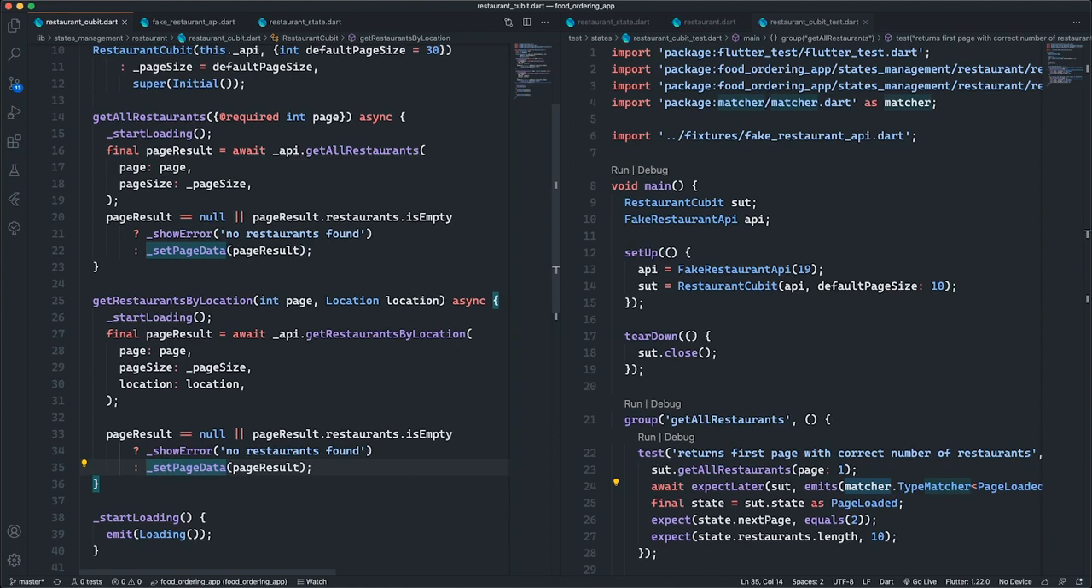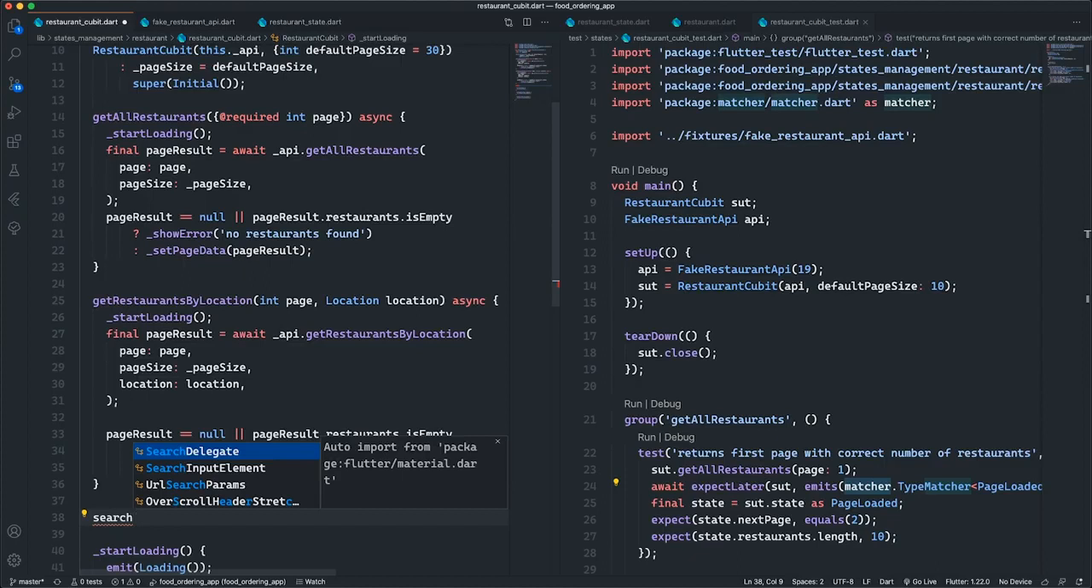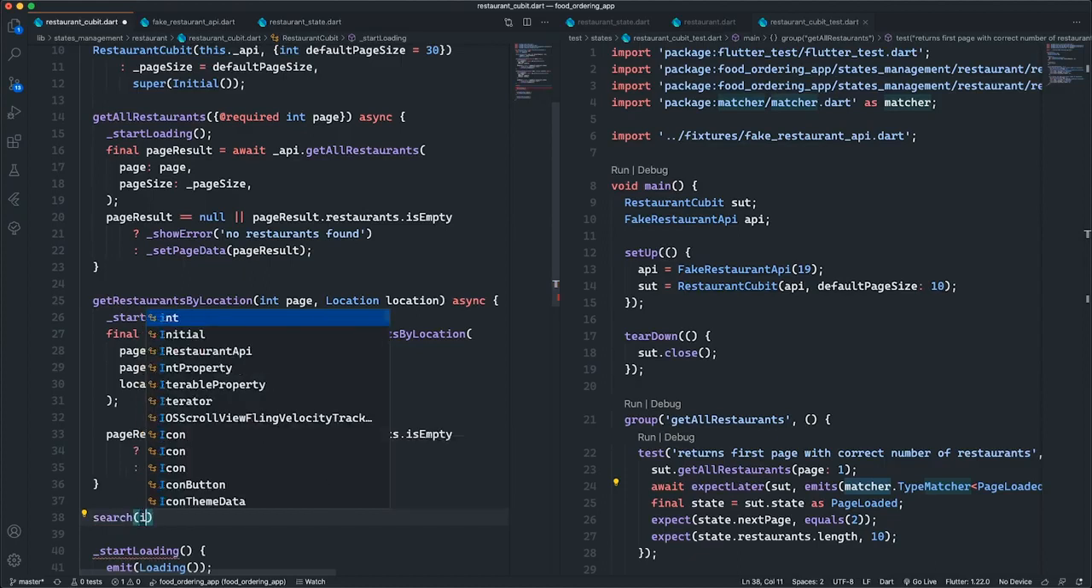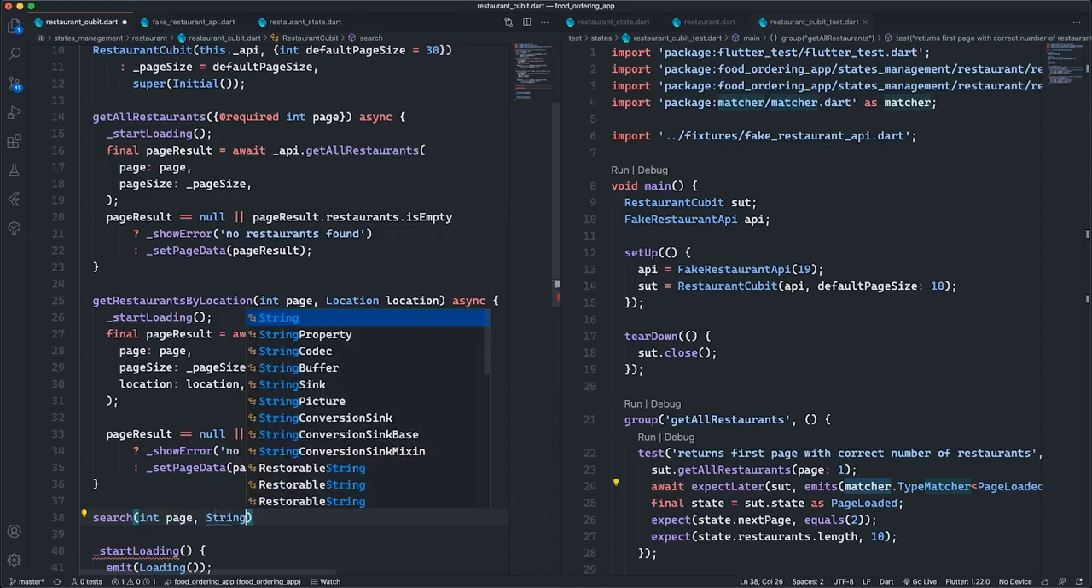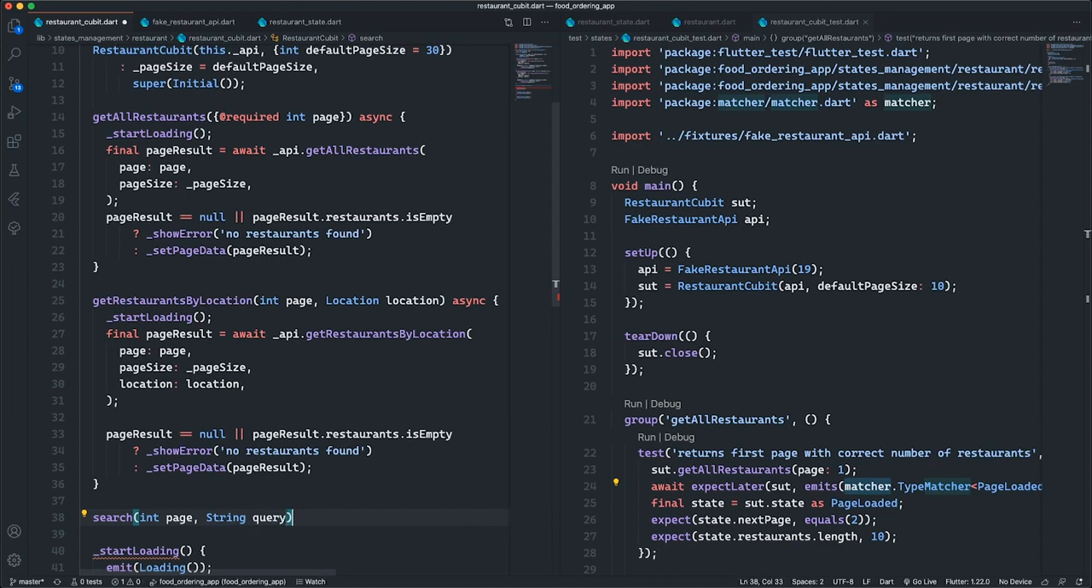After that, I'll go ahead and create the search Cubit method. I'm just going to create these methods, then we'll test them. This allows us to search for restaurants. So I'll accept a page and a query string, and then the principle is the same. Start